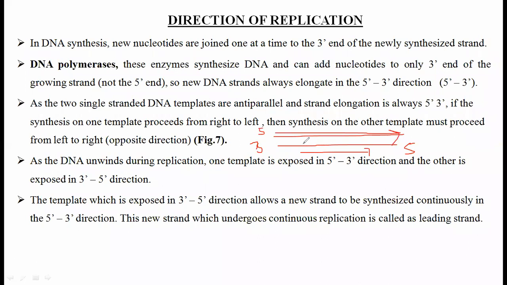When the replication continues, when there is no discontinuous replication, this is called the leading strand. When the replication is continuous, this is called the leading strand. You will come to know in the coming slides, there is one more type of replication. For example, you see,